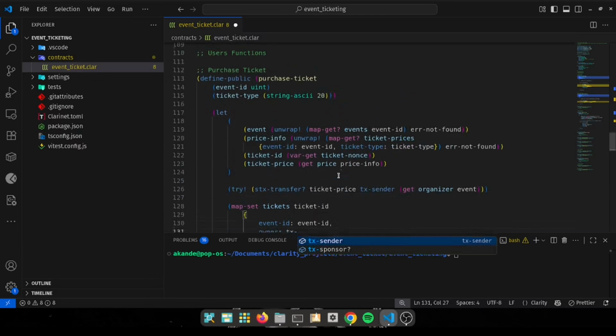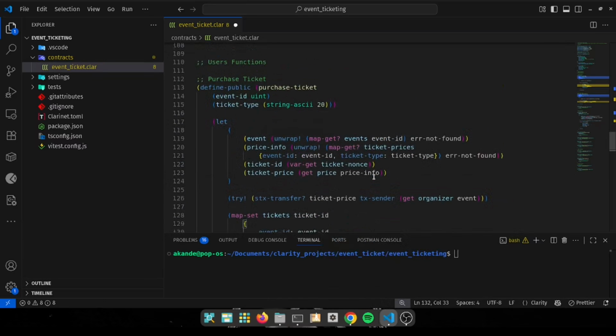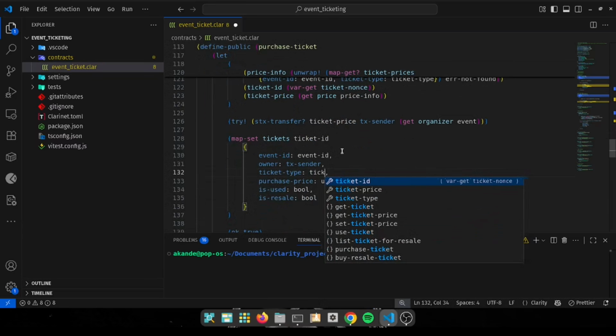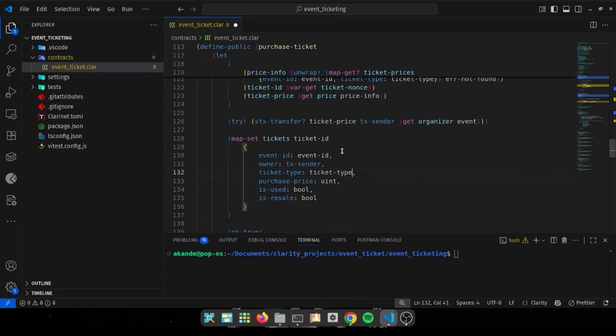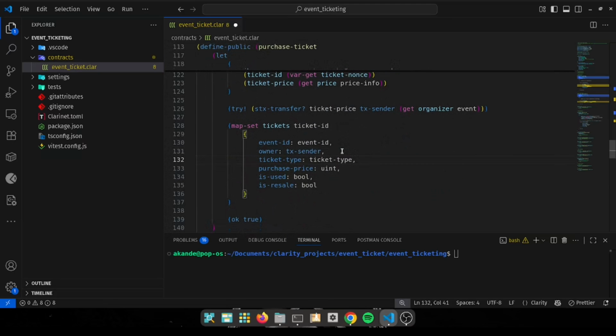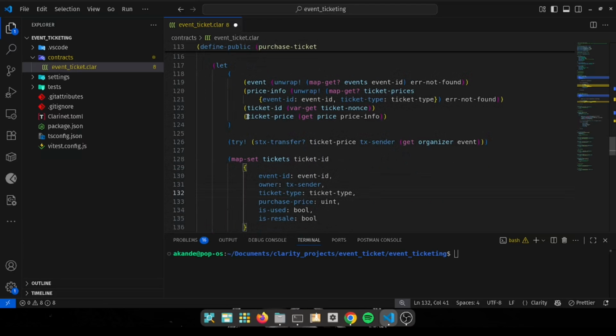This ticket was purchased by the tx-sender. The ticket type is set to the ticket type. I think it's the same spelling. Ticket type, and the purchase price